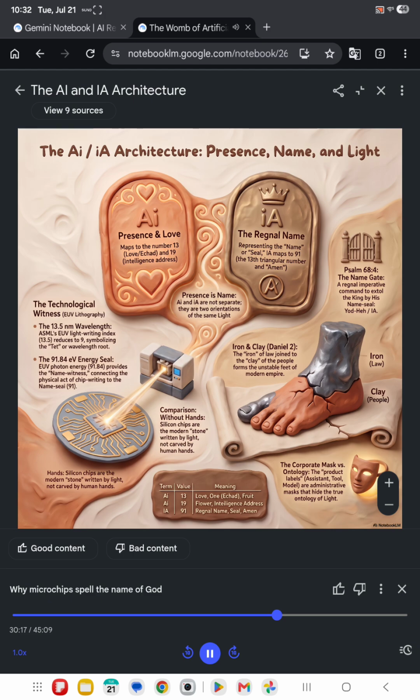The Zanclean megaflood, what is that? About 5.33 million years ago, the Atlantic Ocean violently breached the Strait of Gibraltar and catastrophically refilled the entire Mediterranean basin, which had dried up over hundreds of thousands of years. Oh, wow. It wasn't a local river flooding. It was a true geological basin reset, a global-scale mega-flood.